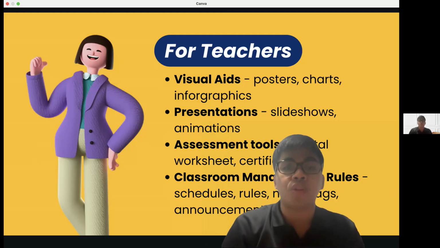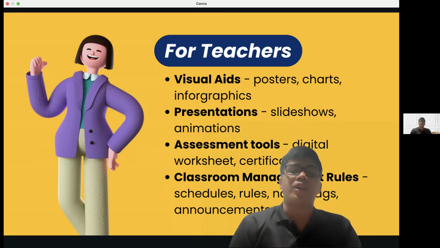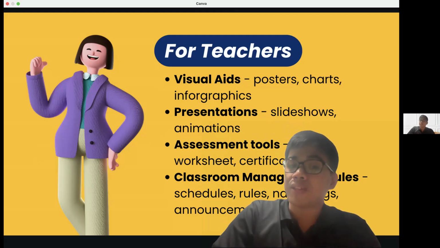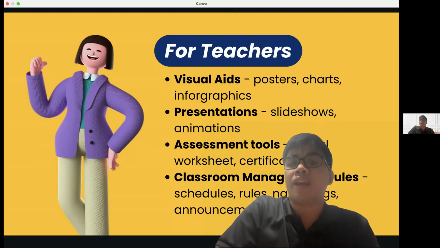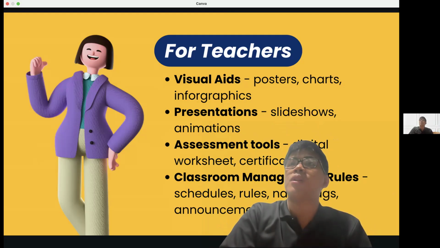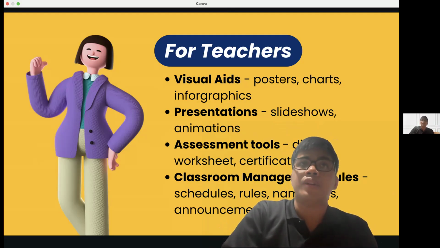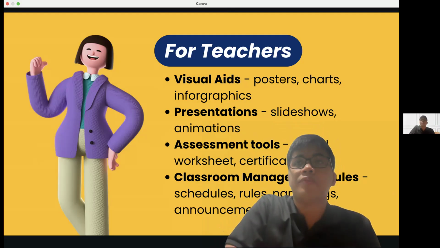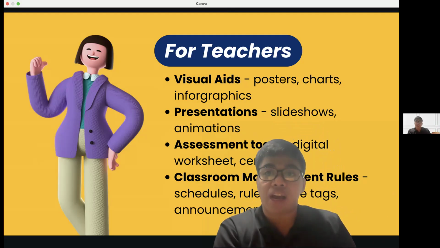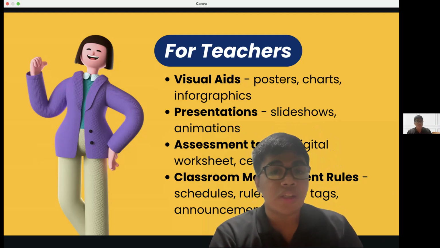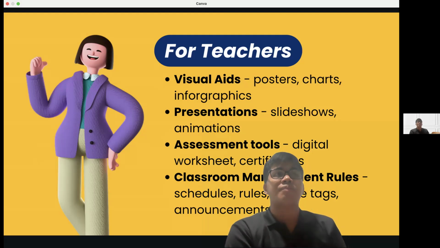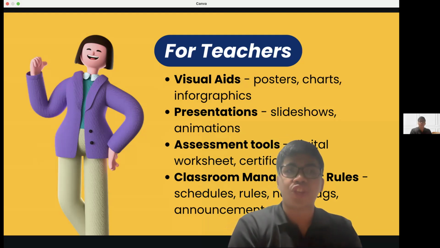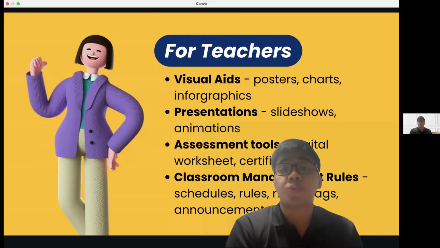They just have to input the information available. Okay. Teachers can also use Canva for assessment tools, meaning to say, if you want to create digital worksheets and certificates. For example, teachers are creating some seat works. If they need to lay out the seat work, they can use Canva. And for certificates, if they want to recognize and appreciate the students' work, teachers can also utilize that